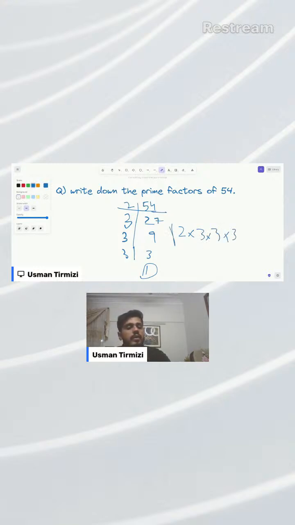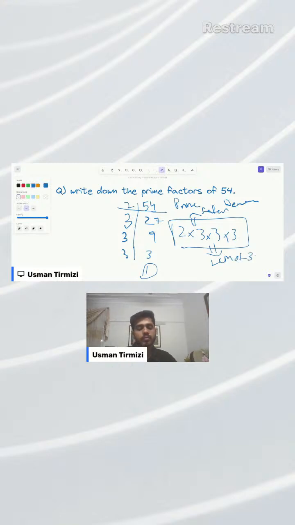These are called prime factor decomposition. This is called prime factor decomposition, or it can be called as LCM of